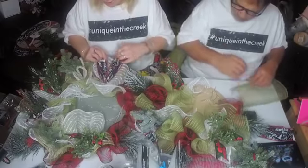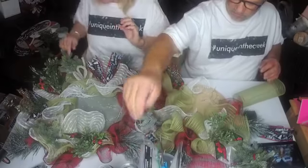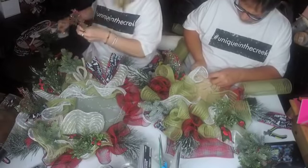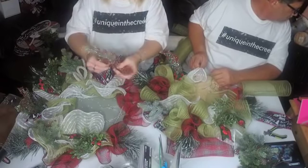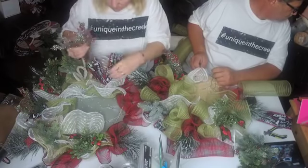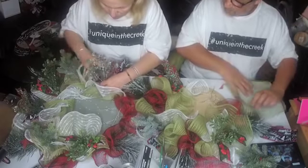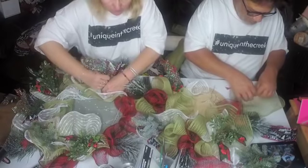So you put your ruffle in. Put your ribbon in nicely like this. Get your pick. And my next pick is this one. I can't believe the dog came and stole our cookies. And I'm going to put this underneath my ribbon, but above my deco mesh, and pull really tight. Now again, you can add glue after you do this, but this is for us, so